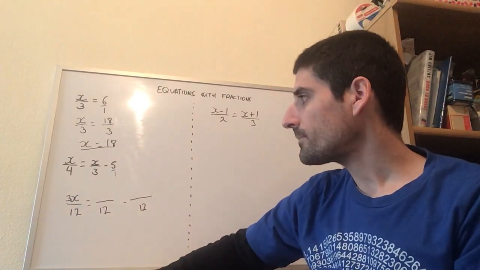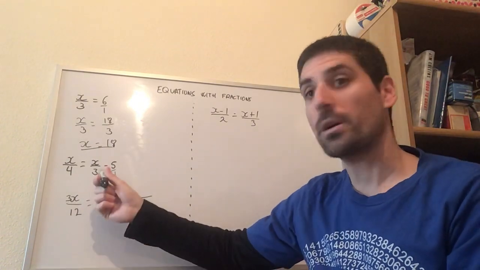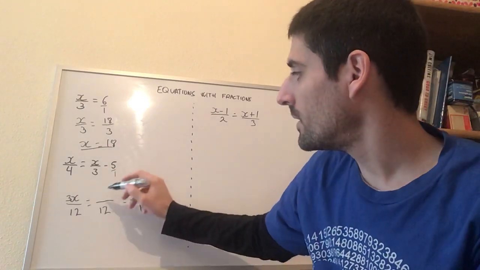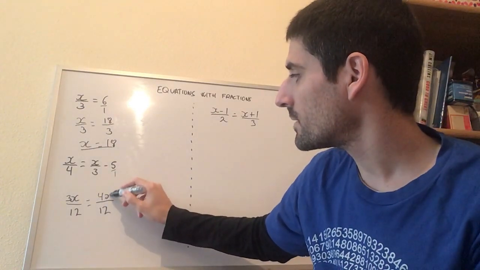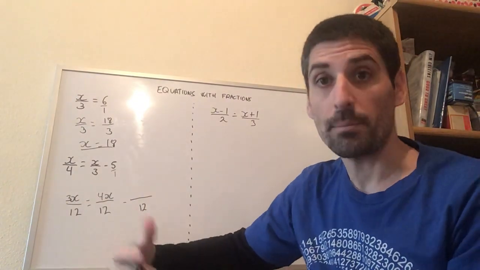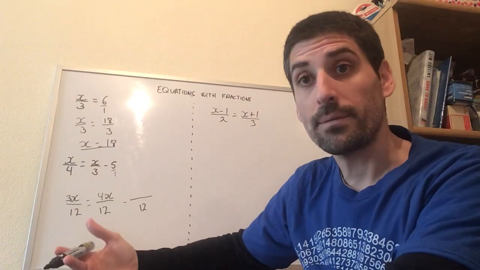3x. X over 3, I need to write it out of 12. How do I go from 3 to 12? Multiply times 4, x times 4 is 4x. And then, to go from 1 to 12, I multiply times 12, so I need to multiply 5 times 12 as well,